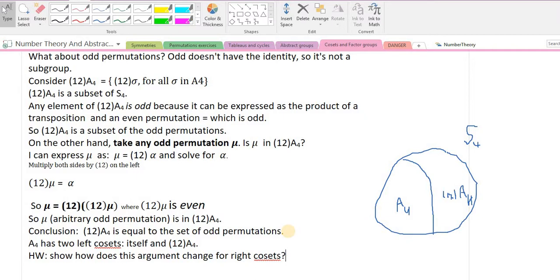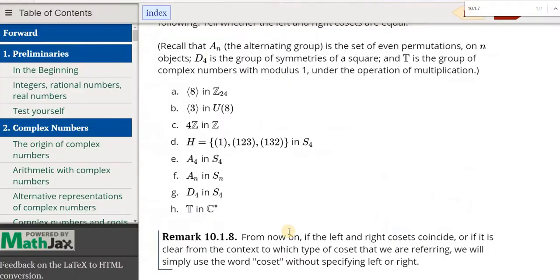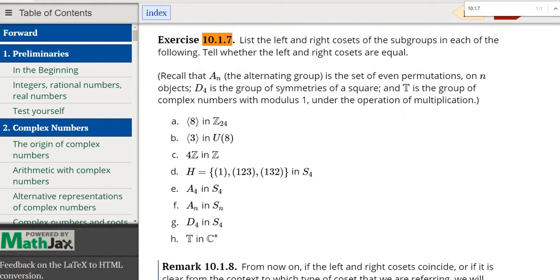All right. So now the other questions in that exercise, text 10.1.7: if you flip back to the book and look at the other questions, those are exercises where you can actually list out the cosets. For instance, part A. Kat, maybe you can show that on the screen too. Go to exercise 10.1.7